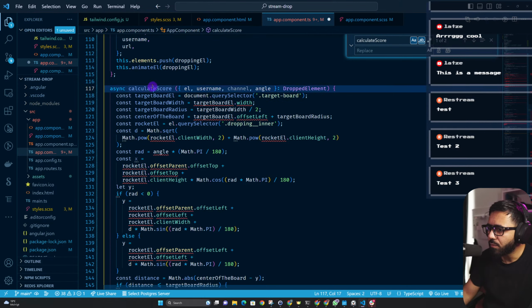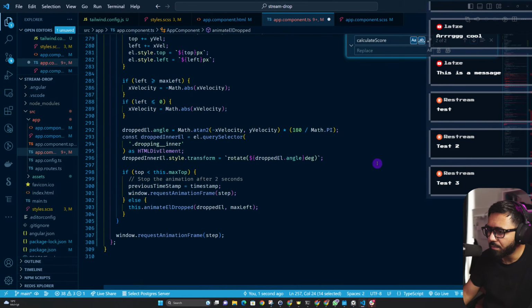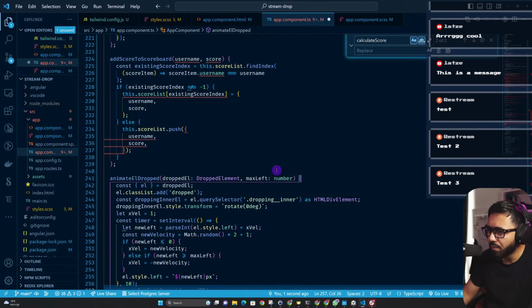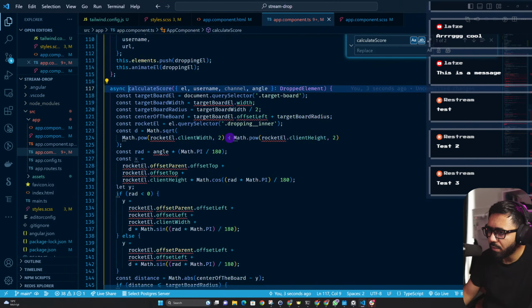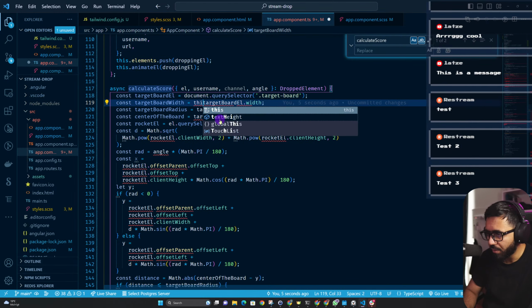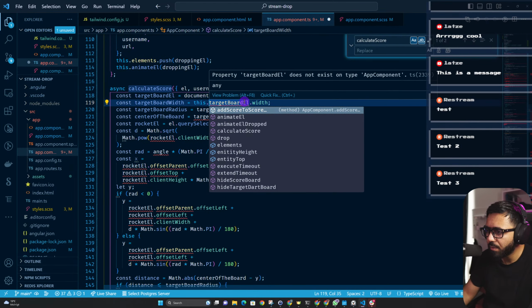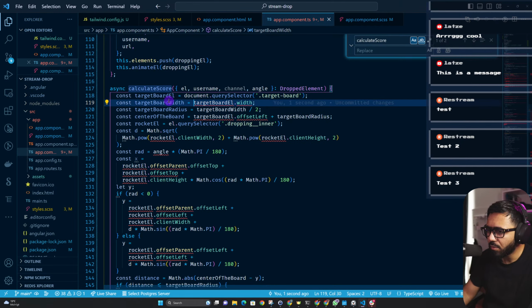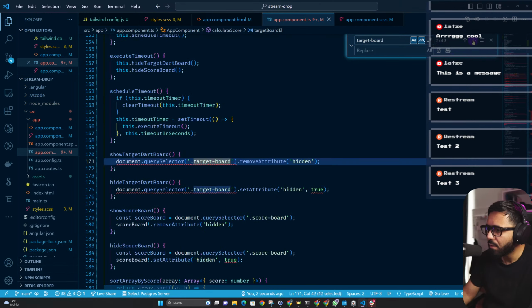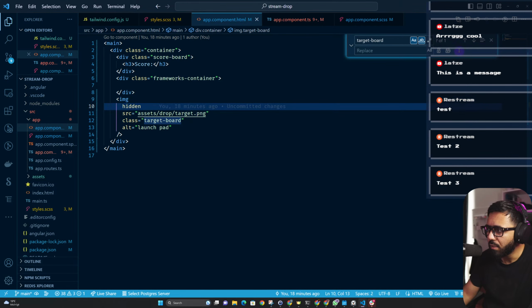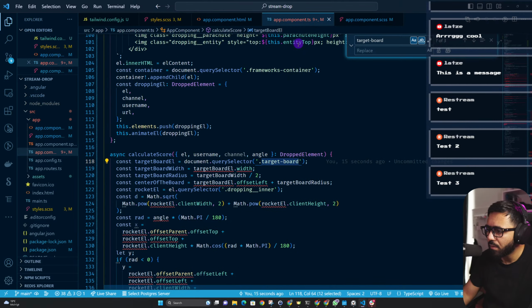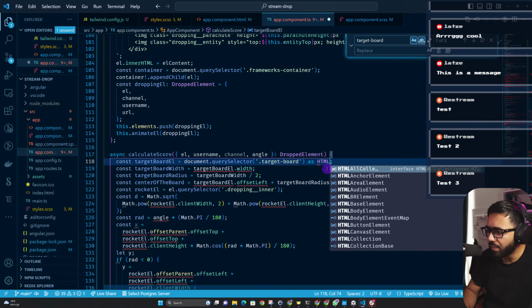Okay. So calculate store, go back there. Nothing right here so far. Good, good, good. Then we go to calculate store, the target board. So it should be this dot target board element. Is it not? Okay. So target board, where is this guy? It should be in the here. Yeah, so it's here. So it is supposed to be an HTML image element. As HTML image element,